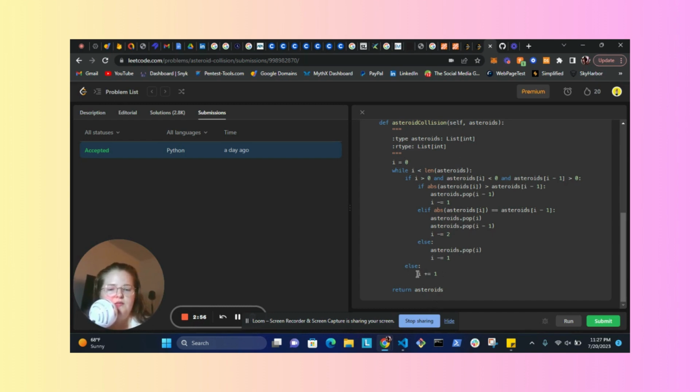Oh, this was the no collision. This was to decrement, and this was the no collision to move, and then it would return this modified asteroid list. So that was my solution for yesterday's LeetCode challenge in Python,